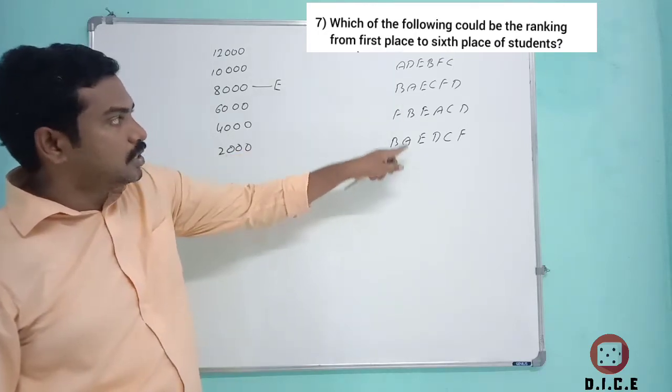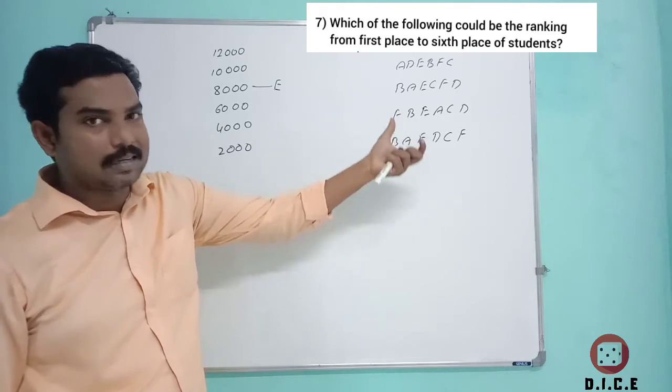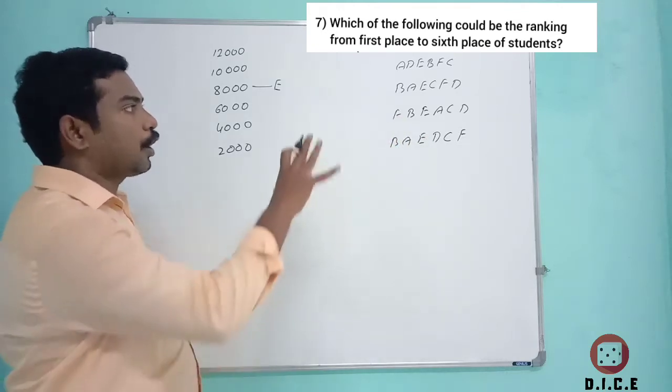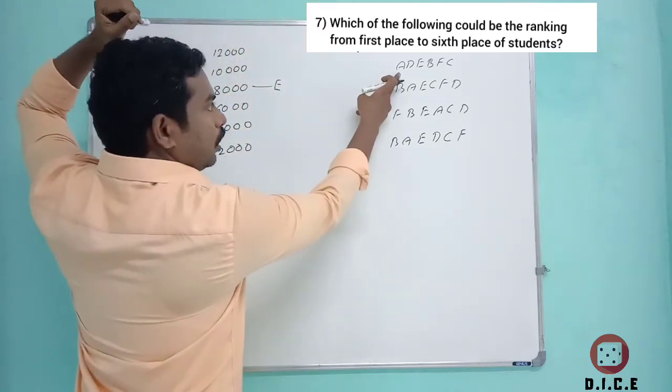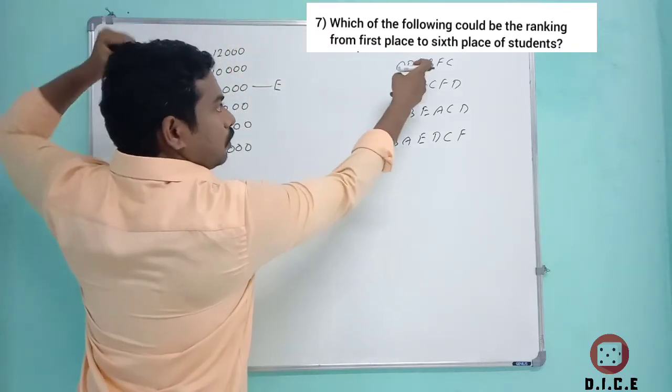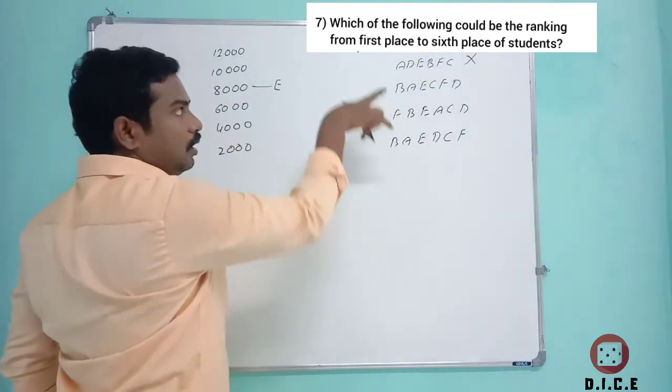If you see the options in the 7th question, there is no "cannot be determined," no "none of these," and no "can't say." We can say this answer. So according to the options, you have to check it out. If you see option A, A is getting more compared with B. So this is the wrong answer. A should get less money compared with B.